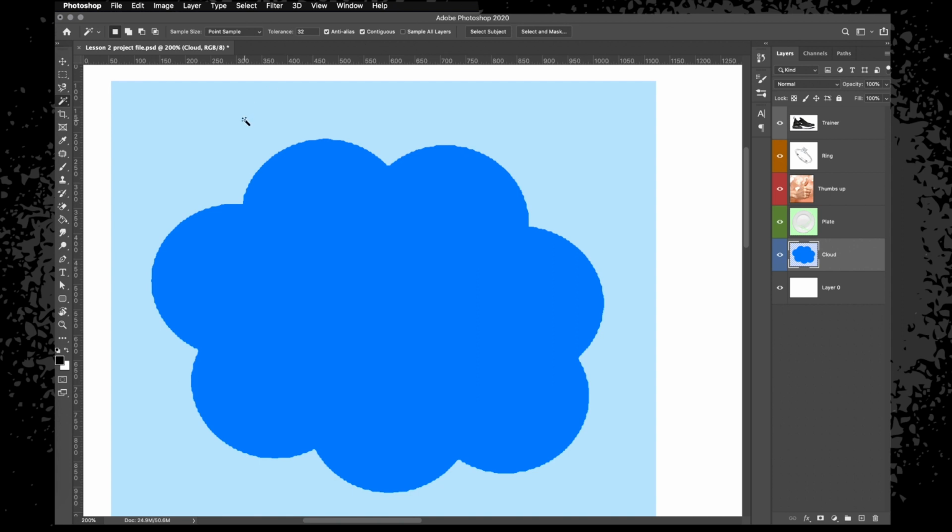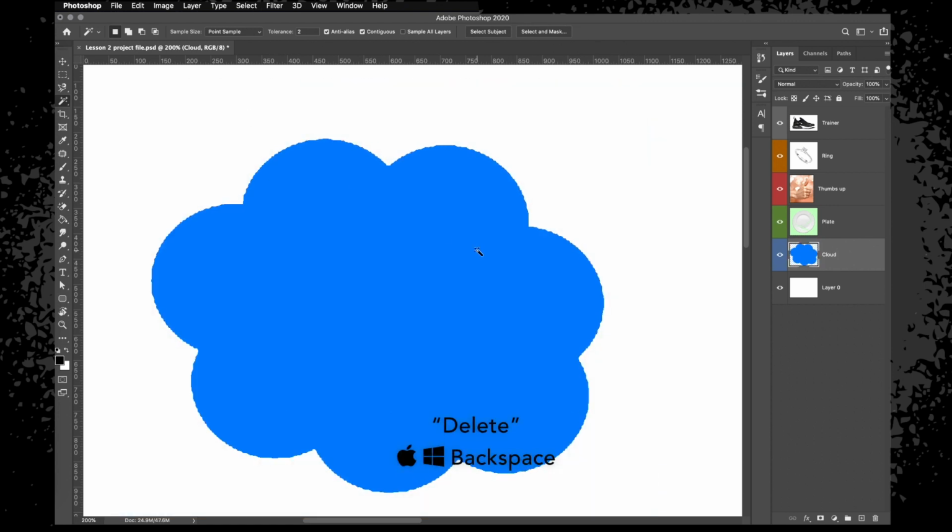I briefly touched on this, so if we just click the light blue edges, it'll select the whole thing. The reason being is your tolerance is too high. Tolerance is how sensitive it is and how it will pick up the edges. So if we drop that down to something simple, like 2, and then click, it will then only choose the contrasting edges. So then if we click backspace, click Command and D or Control and D to deselect, you've then